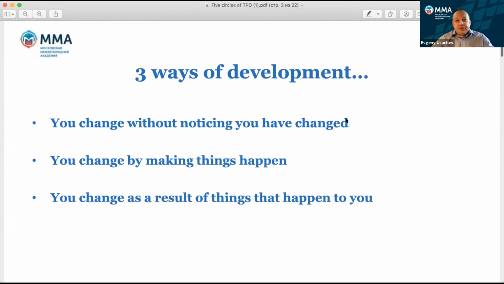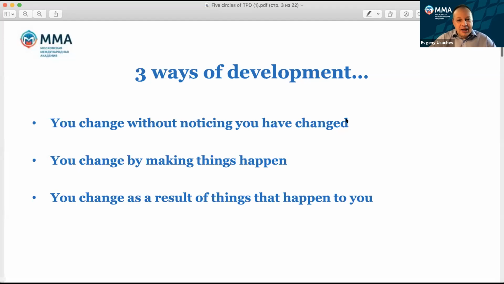Typically, we can develop in 3 different ways. The first way is we can change without noticing that we have changed. It happens sometimes, we're changing, but we don't notice it. The second way is we can change by making things happen, so we change on purpose. For instance, we change our teaching style, or we change course books.